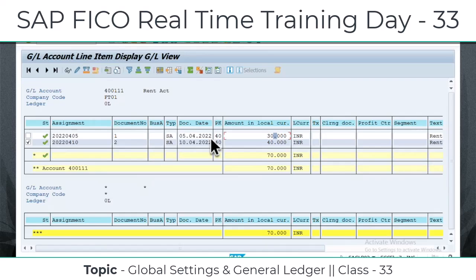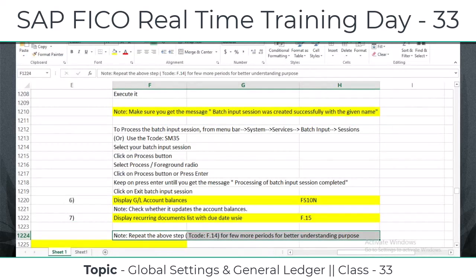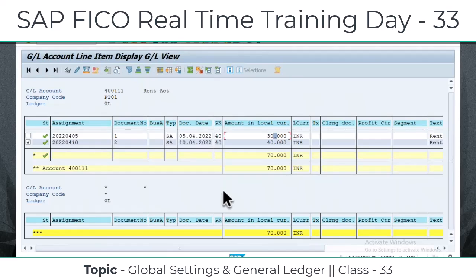If you are processing in foreground method, you have to keep pressing enter until both documents are posted. See, two methods I covered here. Foreground method, how the document is being posted, we can see on the desktop. Okay, posted. That's called foreground. Background means backend, automatically it is posted. Now the third one is